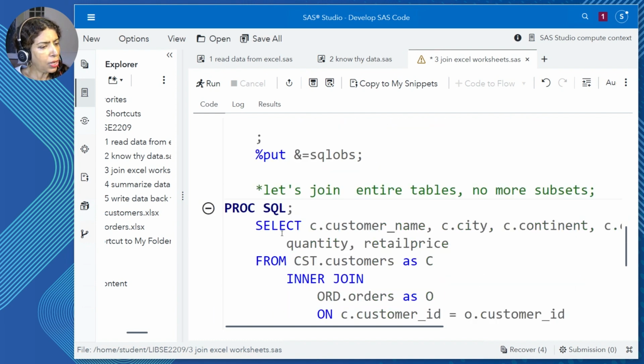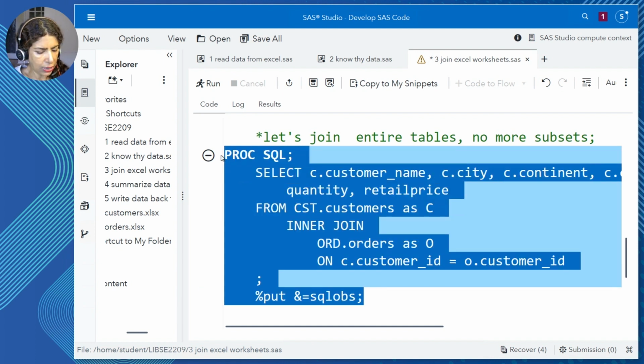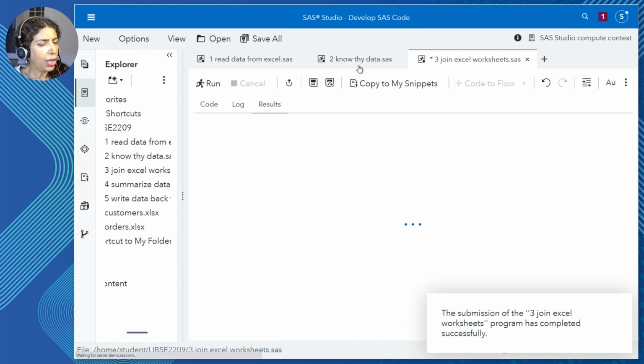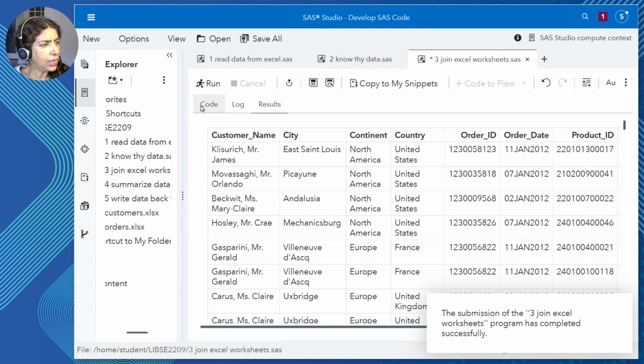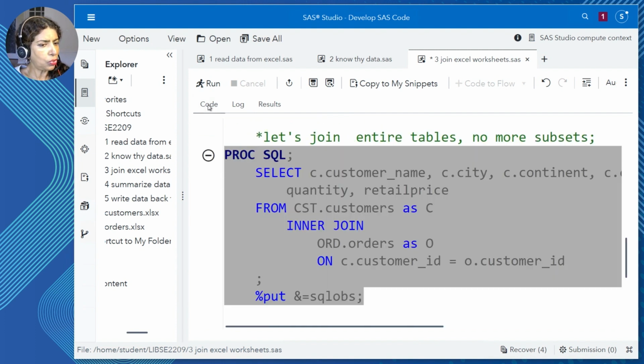All right, let's join entire tables. Let's go back and let's do the complete join. Let's pull out the INOBS option. Let's execute this code and we're going to see the exact same result we saw before. I no longer need to see the results. I'll go to the log and I'll see that number 364 matching rows only.